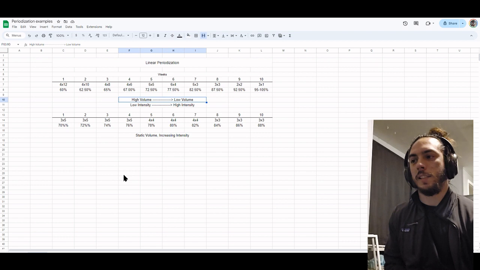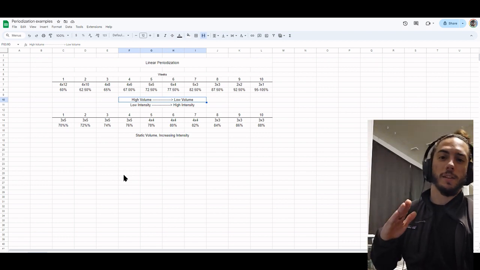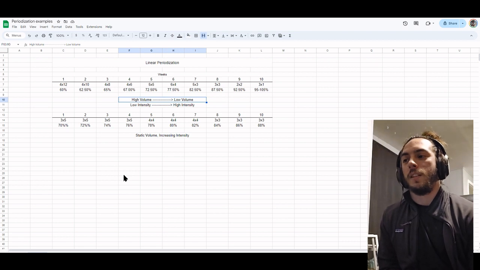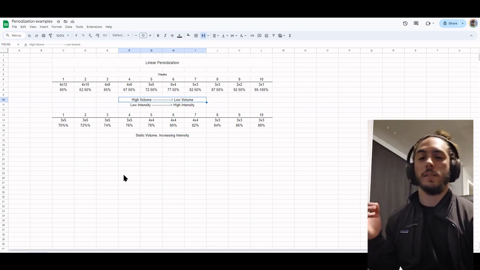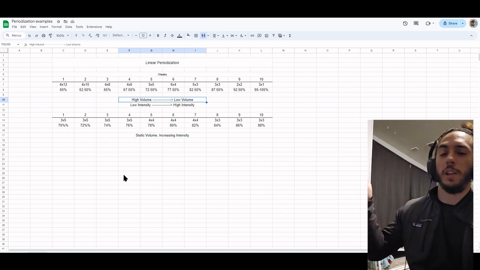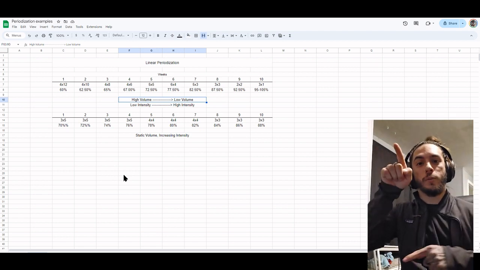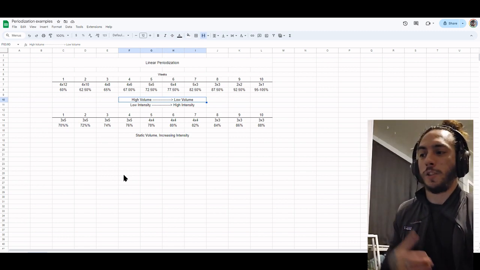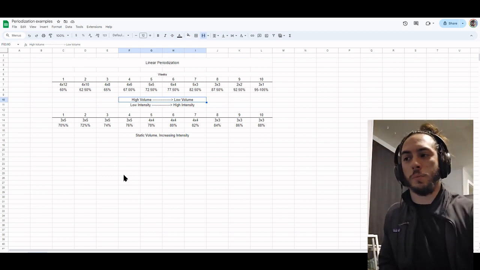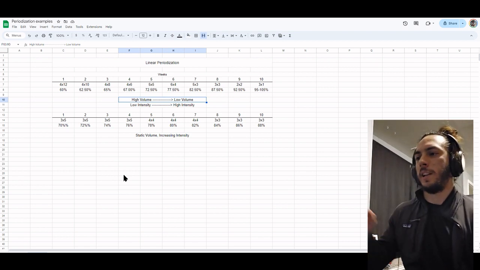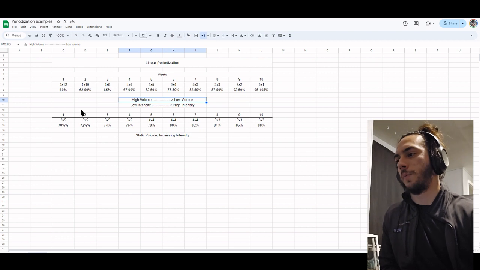Linear, just as the name suggests, is the weight goes up in a fixed fashion over time. That can mean that volume progresses. So oftentimes it starts off with a really high volume, and as volume goes down, weight goes up. But it could also mean that the volume is static and it stays in one place, and then the intensity just goes up. So we kind of have two different cases of that written out here. You can see,